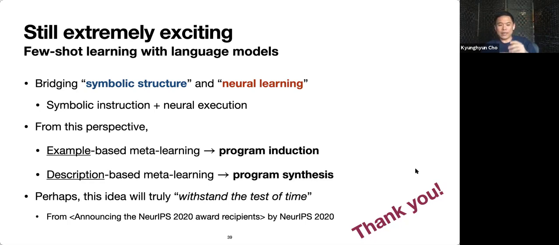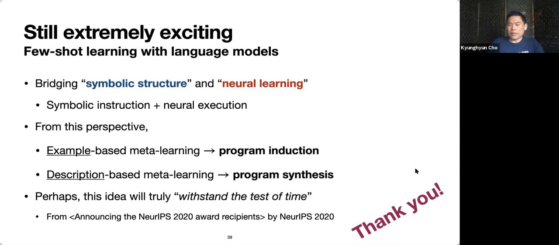Can we actually use some of the techniques from there in order to use these language models as actual few-shot learners? And if you think about description-based meta-learning, because there was always a text description in natural language, that actually corresponds to program synthesis. Given a description, can you come up with a symbolic instruction that's going to be given to a language model that will execute what this task should do? That's program synthesis.